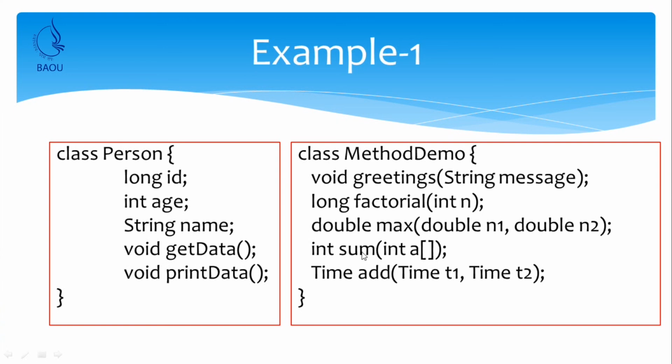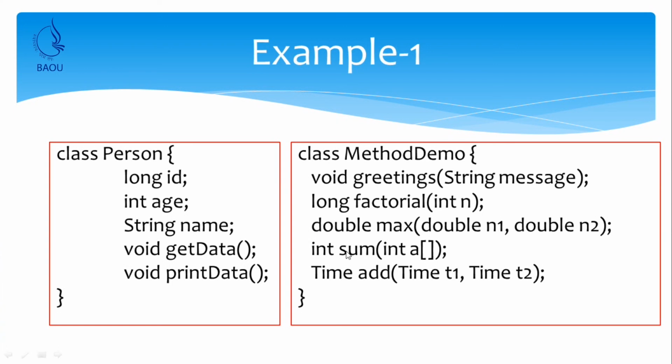The next method demonstrates that we can have an array as a method argument also. Here an integer array is the argument and the sum of all elements is returned by this method, and the return type is integer. You can have long also, but it depends on your data. If your data is very large, some may be outside the range of integers. At that time you can also take long as a return type.